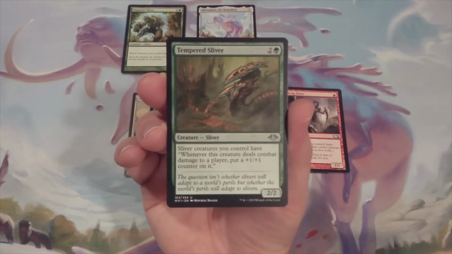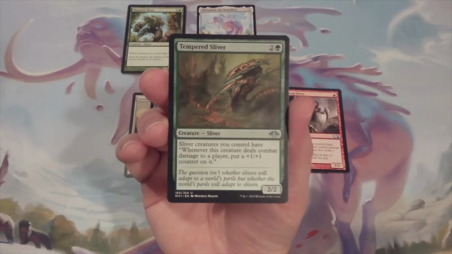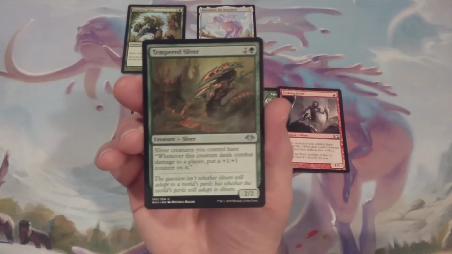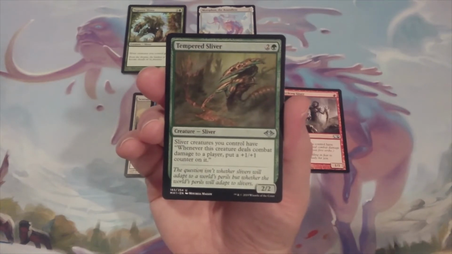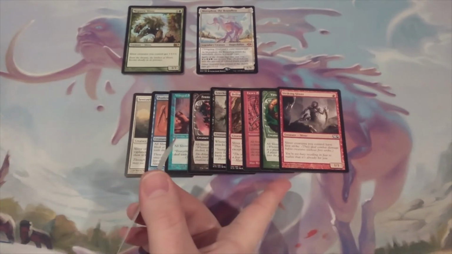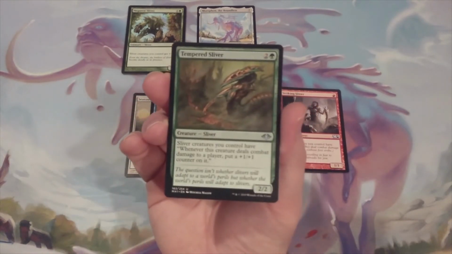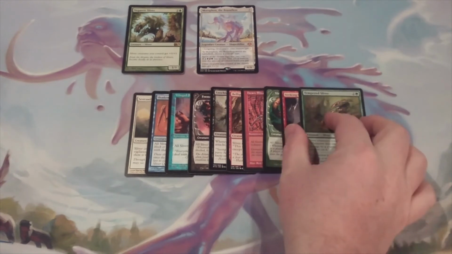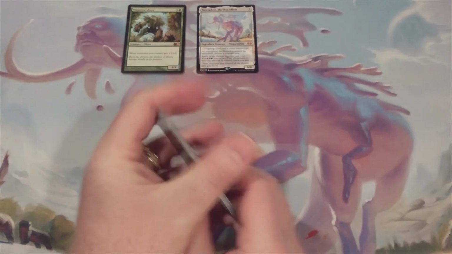Sliver creatures we control have, whenever this creature deals combat damage to a player, put a +1/+1 counter on it. So if we can get Tempered Sliver down in the early game before our opponents have established a board with blockers, then we can swing some of our slivers in to get some +1/+1 counters and make them bigger. Or if we have any of our number of evasion granting slivers, like the Belligerent Sliver or the Winged Sliver or the Shadow Sliver, having Tempered Sliver in play will be a great way to get those slivers bigger and bigger, making it easier for us to achieve our imminent victory. So that is the subset of